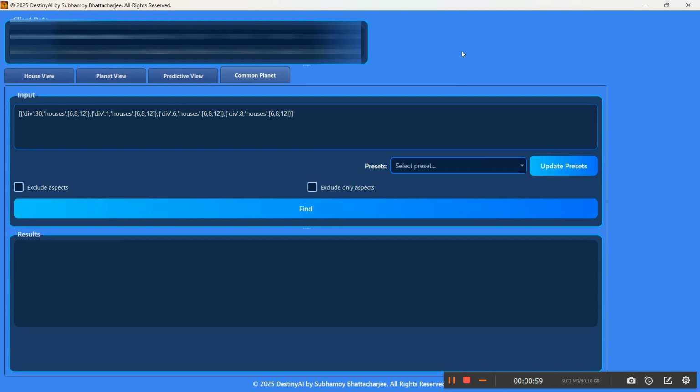Through this page, you can select any planet or planets which will signify some specific houses in some specific divisional charts. Now, please follow my cursor. Focus on this default string or formula. If you click find here, then this system will select the planet or planets which will signify 6th and or